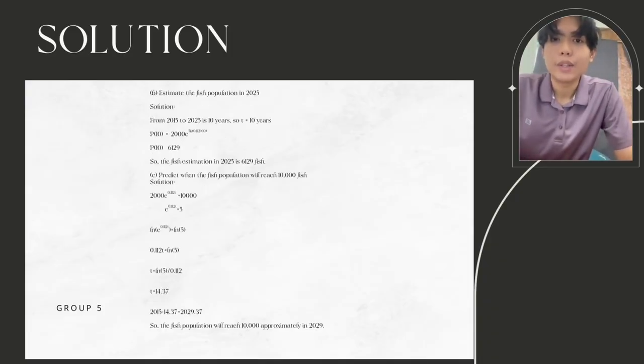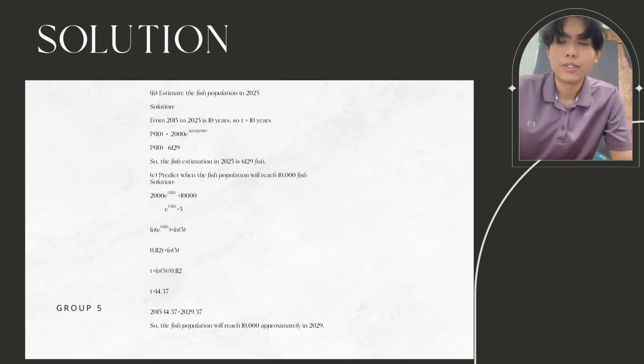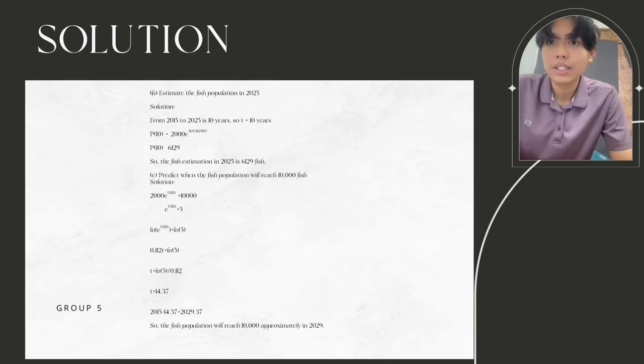For the next question, we need to estimate the fish population in 2025. So for the solution, we know that 2015 to 2025 is 10 years apart. So our t equals 10 years. So next step is we substitute 10 into t, we get P(10) equals 2000 e to the power 0.112 times 10. Then we get P(10) equals 6129. So the fish estimation in 2025 is